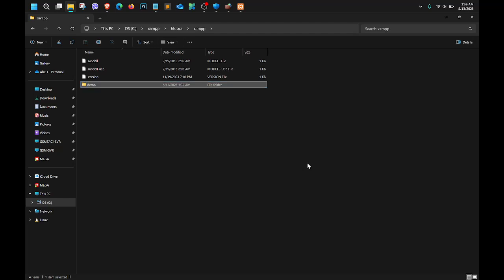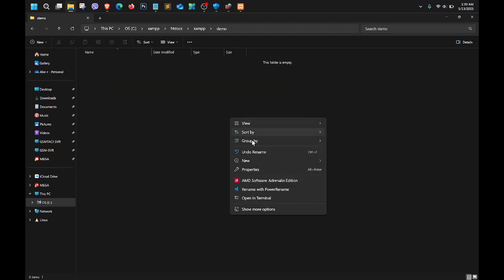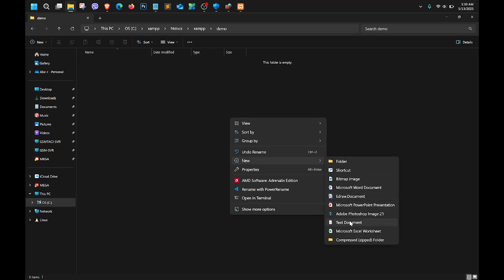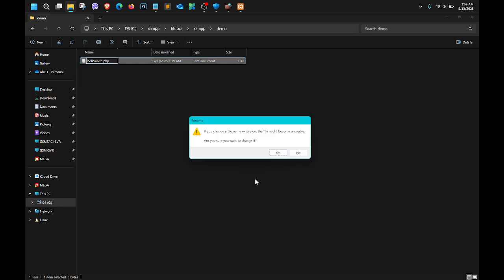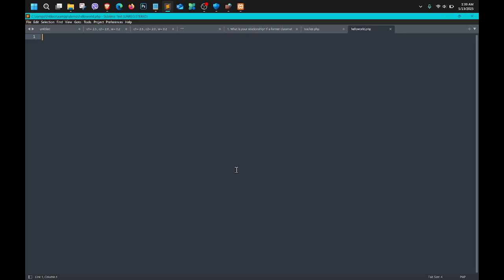I'll name this one demo, and then here I'll create a PHP file, hello world dot php. Then let's open this one, type the PHP tag here and then display hello world.